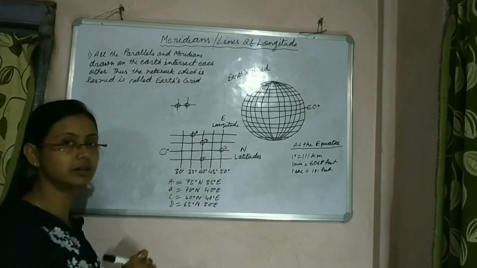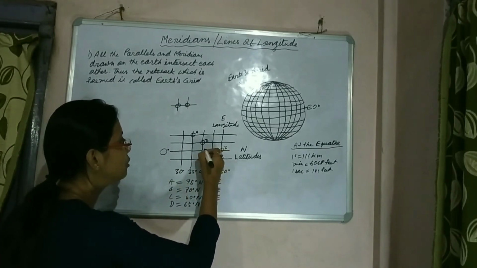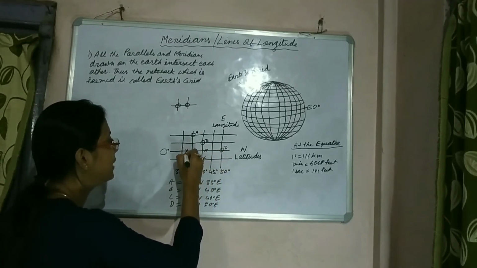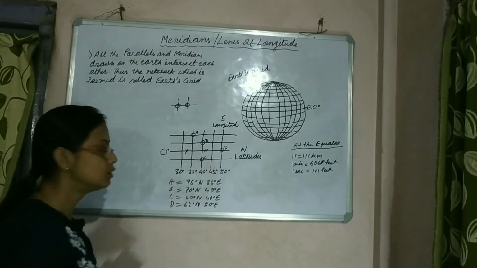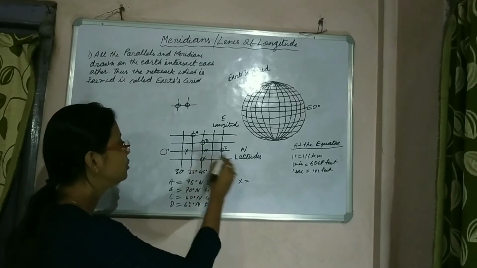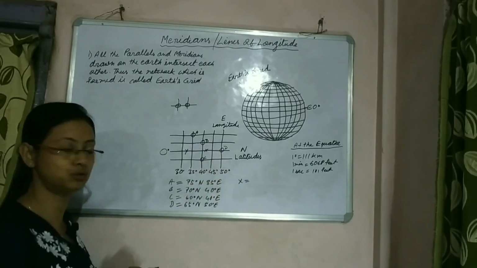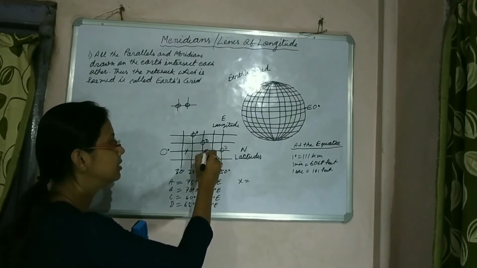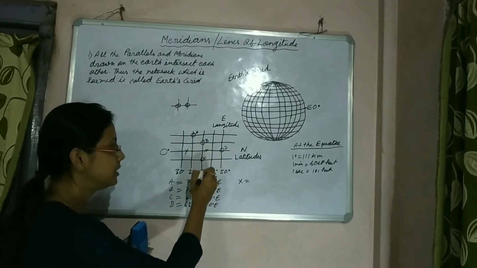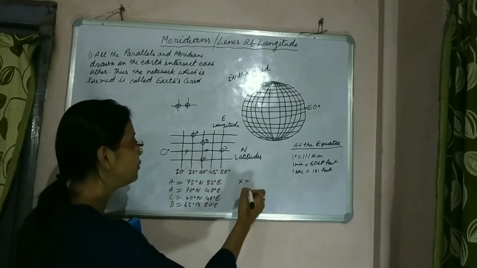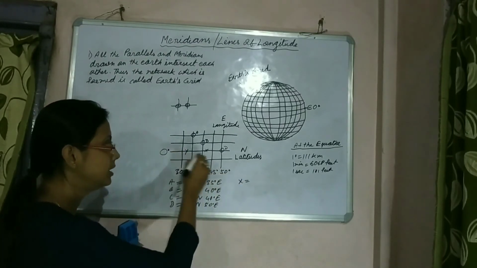Now on this 0 degree latitude, what will be the location of these places where I have made a cross and another Y? This one is X and this one is Y. These are called coordinates. So what will be the coordinates of place X and place Y? Suppose place X is located first of all on the meridian line, east of the 40 degree longitude, and on the 0 degree latitude.